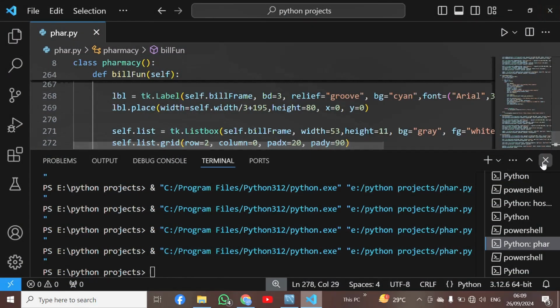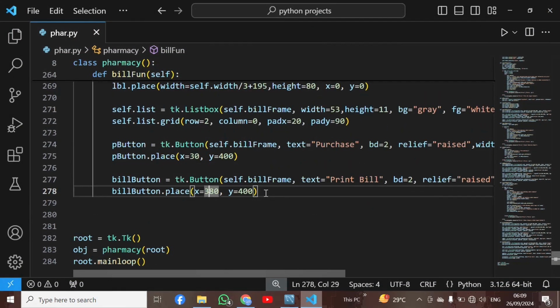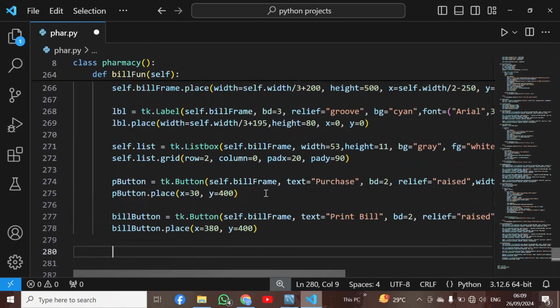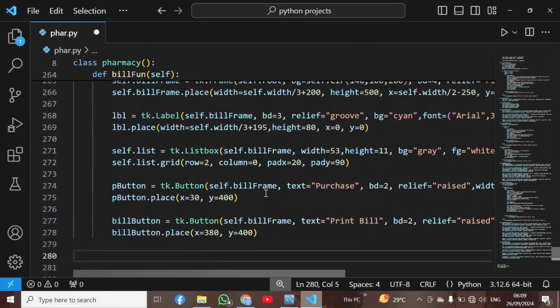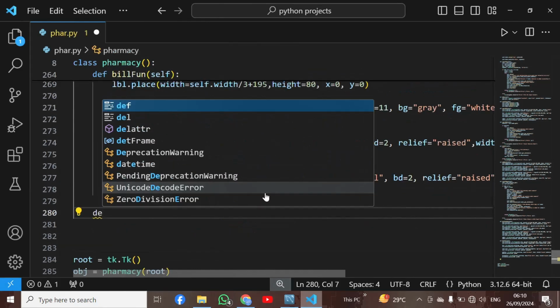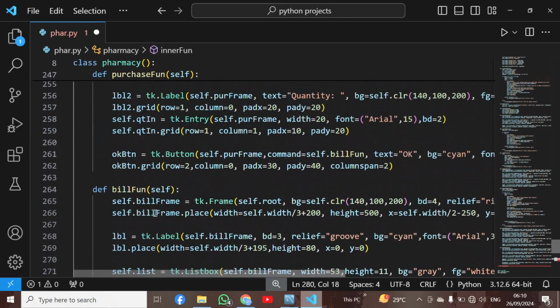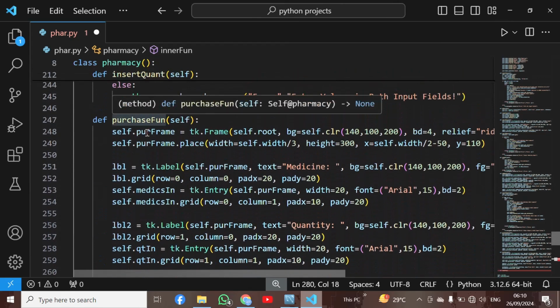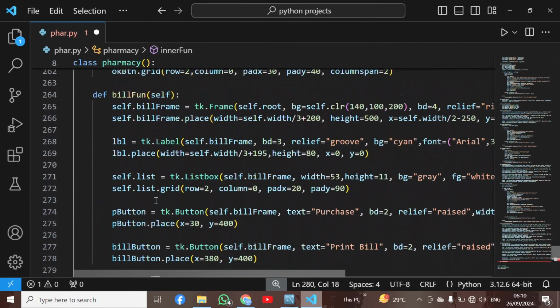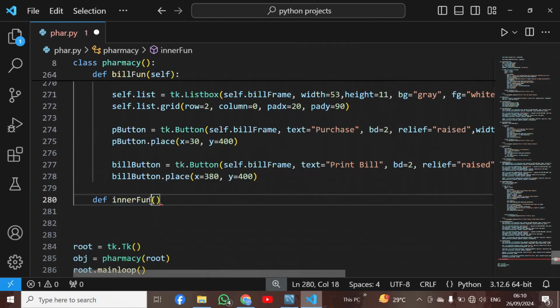So I will close this and also I will close this. So now here when purchase button will be clicked, here I will use purchase button or inner purchase button. So this is function def inner because this is inside list, so inner function. And I can also say, what was the name of previous? This was purchase function. So this is purchase and this can be inner purchase, and here I have to use self,